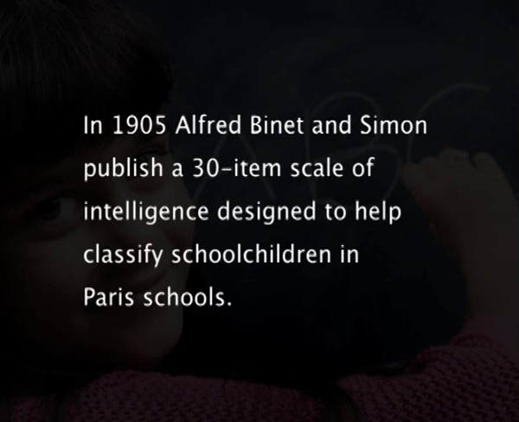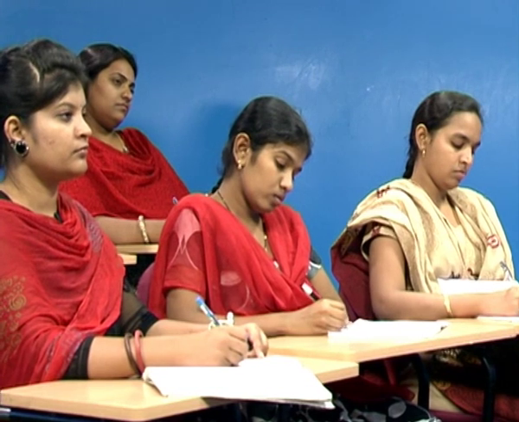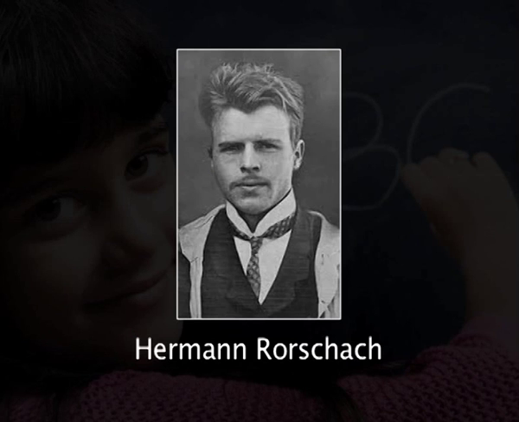In 1905, Alfred Binet and Simon published a 30-item scale of intelligence designed to help classify school children in Paris schools. The development of the Binet-Simon intelligence scale is largely recognized as launching a new era of measurement. In 1914, World War I brings about a boom in psychological testing as thousands of American recruits are screened for intellectual and emotional functioning. In 1921, Swiss psychiatrist Hermann Rorschach publishes his famous monograph